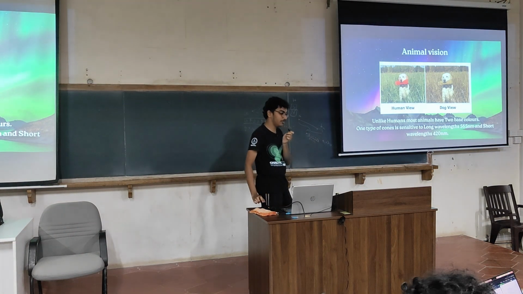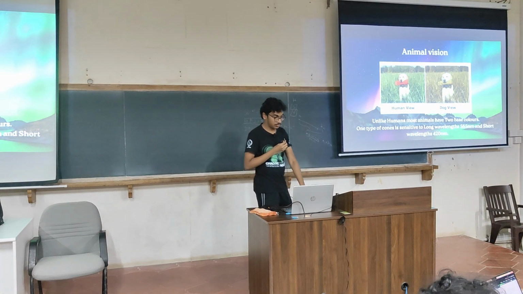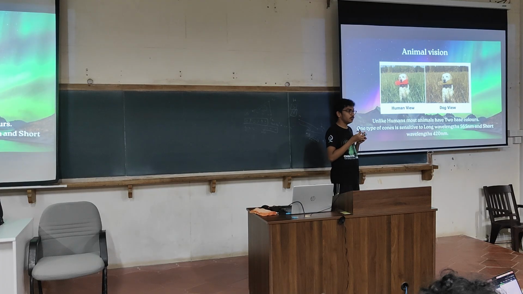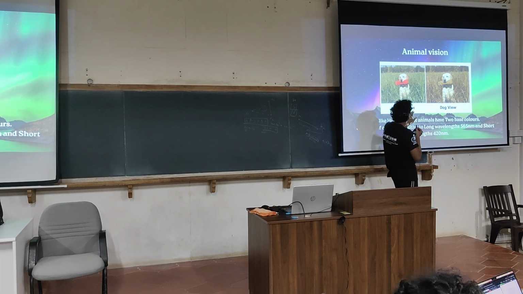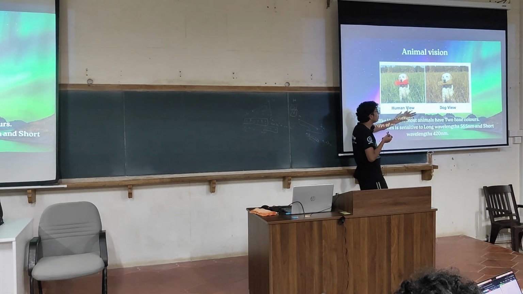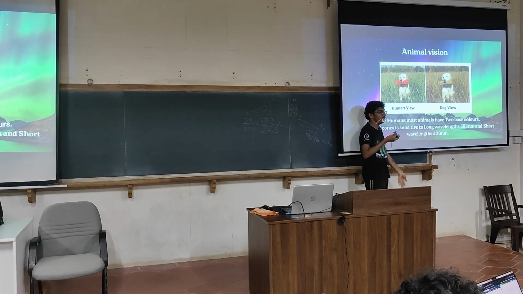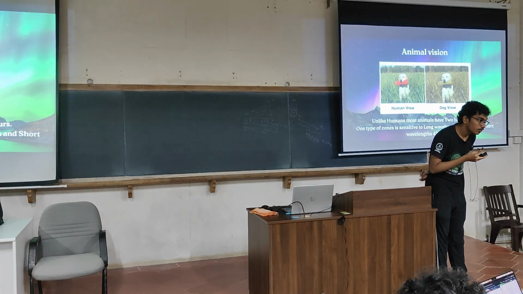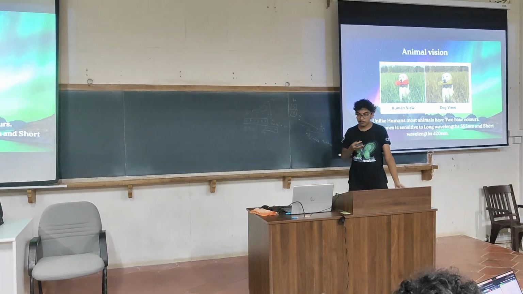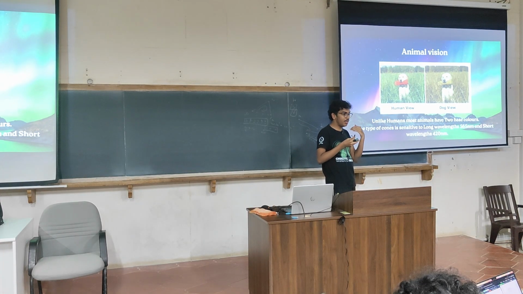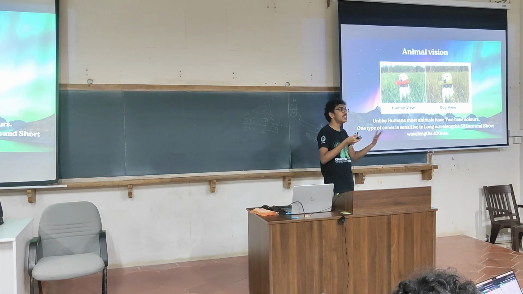Now let us see a new thing. This might be interesting: the biological aspects of colors, how other animals see colors. So everybody might have seen this. This is the image which we see. This is the image dogs see. Why is the dogs' image much different from our vision? Yeah, they are red-green color blind. They have only 2 types of cones. They don't have 3 types of cones. So most mammals have only 2 types of cones. We have 3 types of cones.